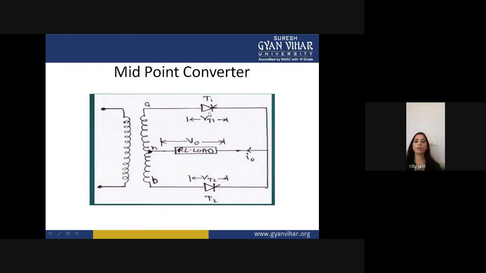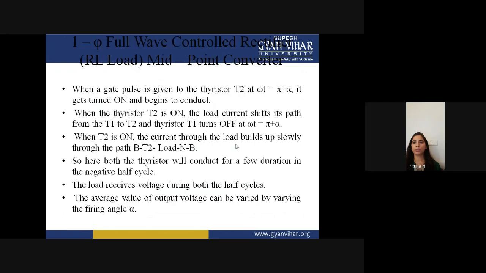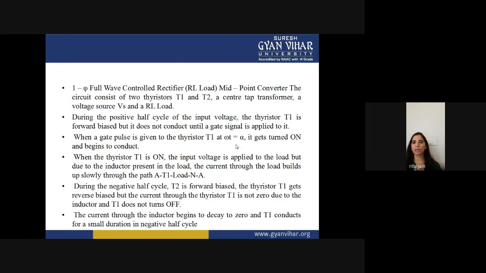And here you are using only two SCRs, T1 and T2, and the load which you are using is an R load. The output voltage which you are getting across this midpoint converter is V0, and the current flowing through this converter is I0. Okay. So let's come to the waveform of a midpoint converter. Before going to this waveform, I think we must go through these two slides,